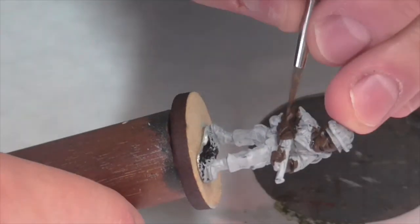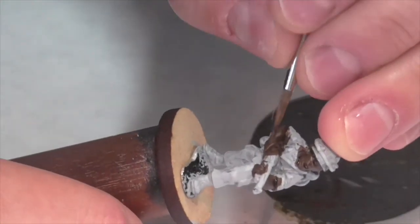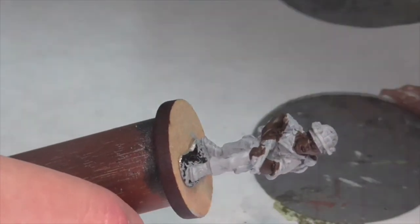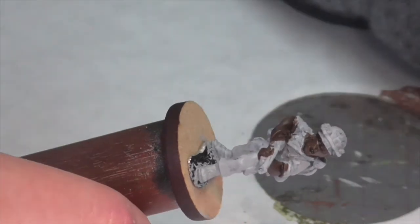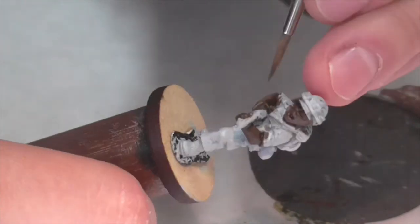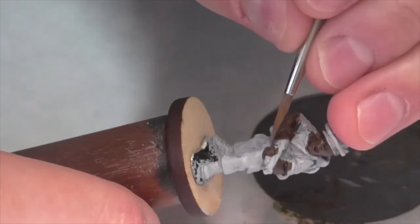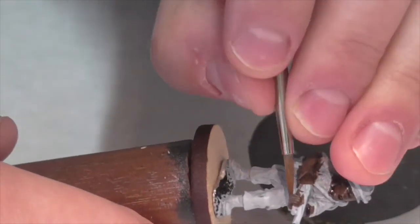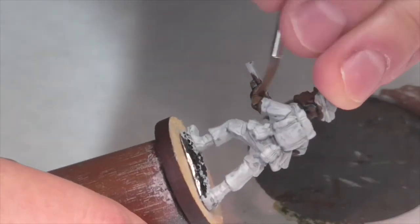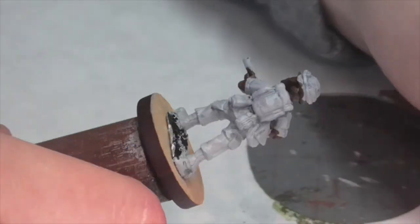I'm now going to start lightening the skin, and I am going to make my first highlight by mixing a bit of Vallejo cork brown into my chocolate brown. Not too much here to start out. I'm going to keep it pretty subtle. My chocolate brown is also kind of transparent because it's a new bottle. It's not mixed very well, so I had to apply a couple layers to get this as thick as I wanted. But anyway, you can go ahead and smooth this over most areas of the skin,